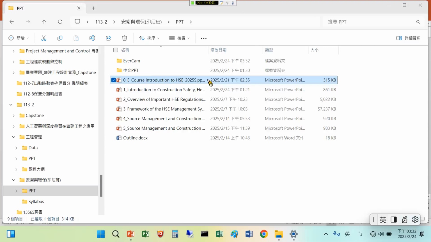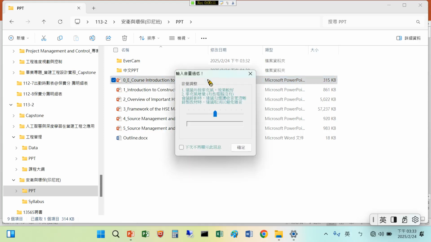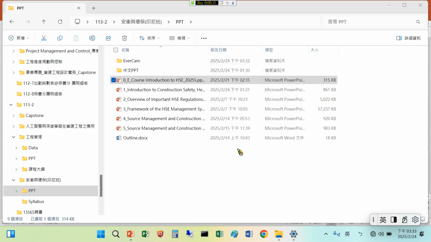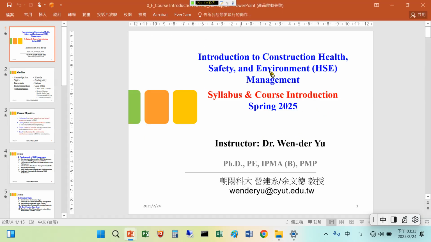First, so that we can have consensus on how to conduct this course for this semester, and some requirements I need for this course. And then we will move to the first session for this semester, the first topic.